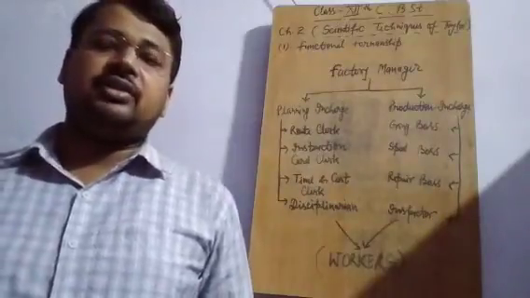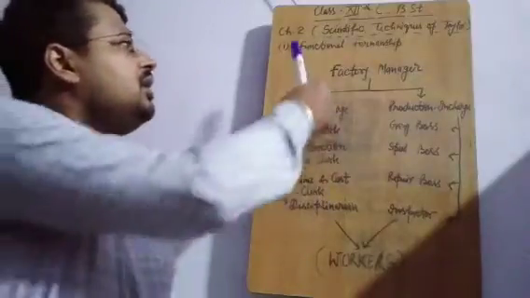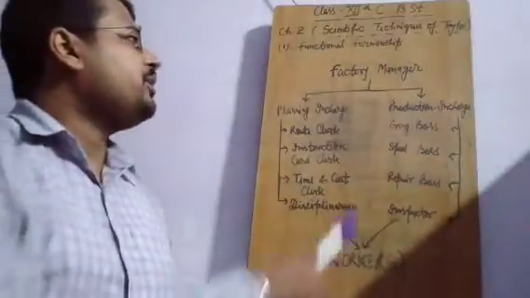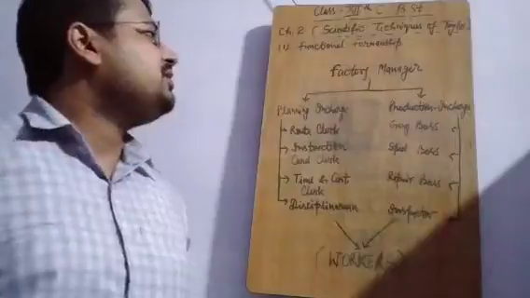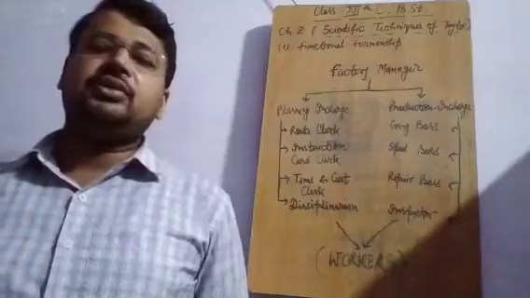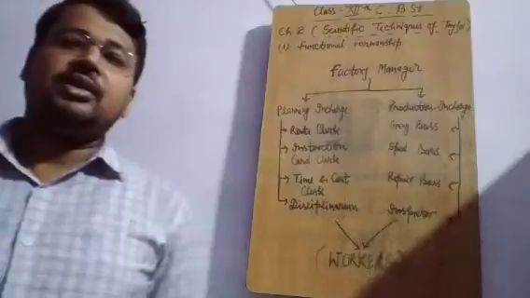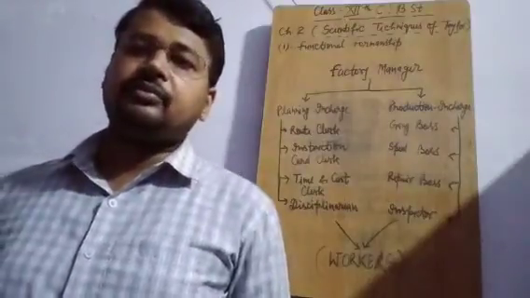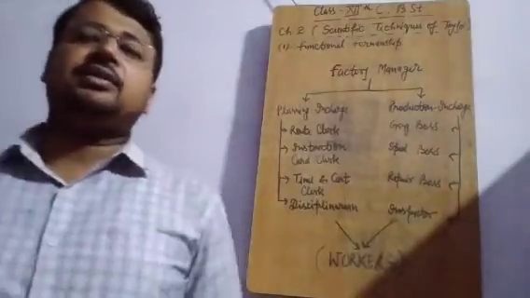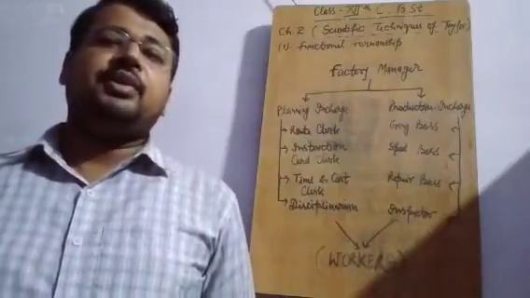After your summer vacation, this is your first lecture today and we will keep discussing the scientific techniques of Taylor in chapter 2. Our topic for discussion is scientific techniques of Taylor. As you know that Taylor introduced scientific thinking for managing the affairs of any company, production unit or any service unit. How scientific theories can be implemented to get desired results and maintain efficiency and effectiveness in any, especially production unit.